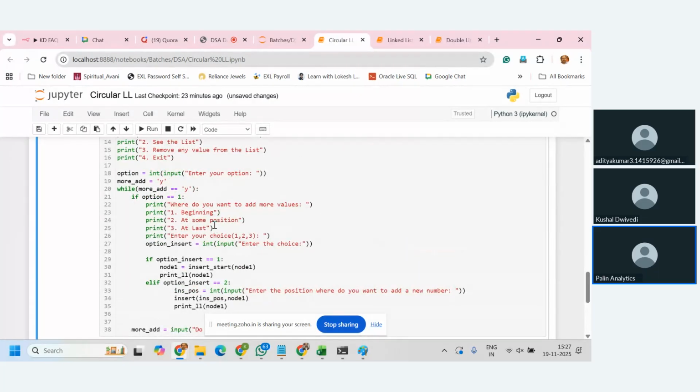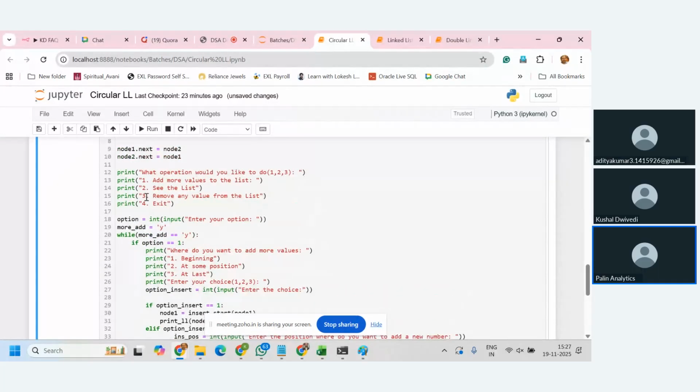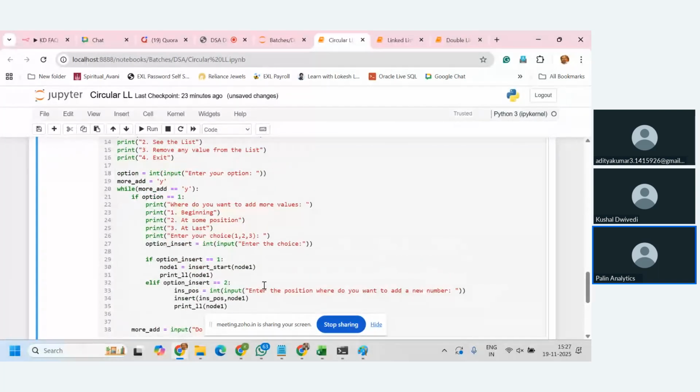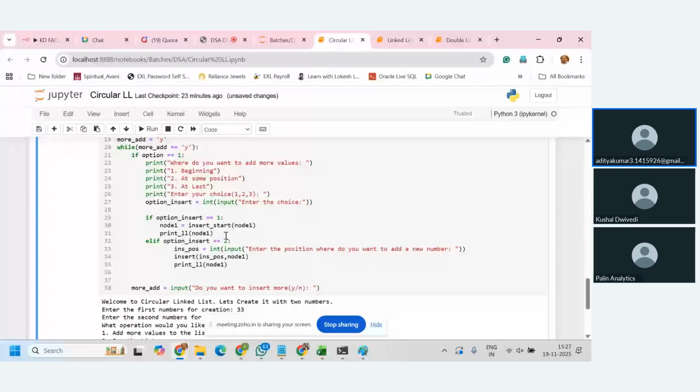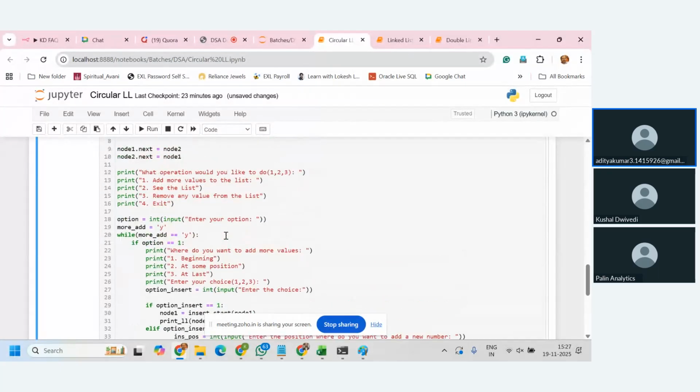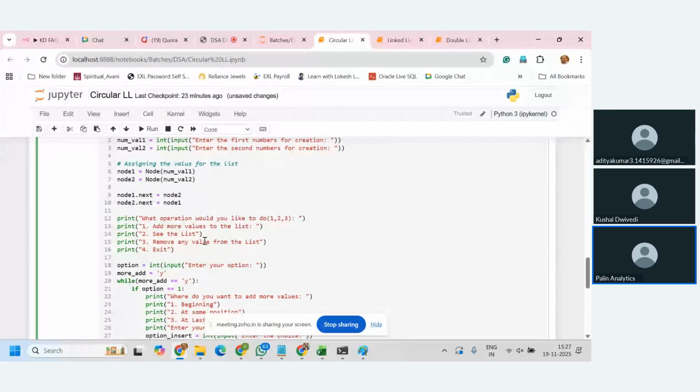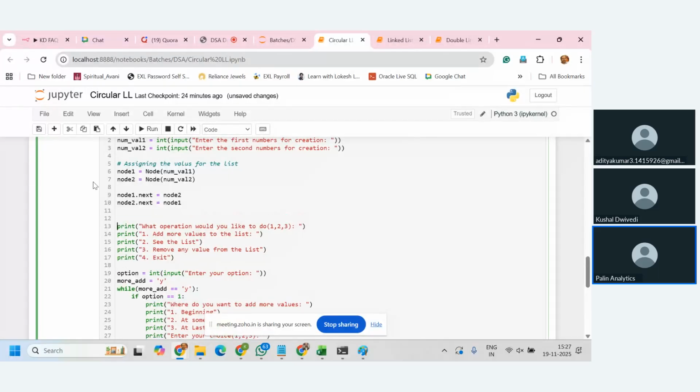What is it calling over here? Okay, we have not yet defined anything for this second option. That's why it is doing this. So this entire part still has to go into the loop. So let me put it into the loop, do while do_more is equal to y, and here I'm taking